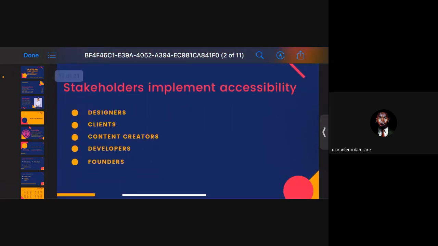Like I mentioned, the stakeholders can be designers, clients, content creators, developers, they can even be founders. As long as the business affects them either directly or indirectly, and the results, they also have a hand in it, they are part of the stakeholders, right?